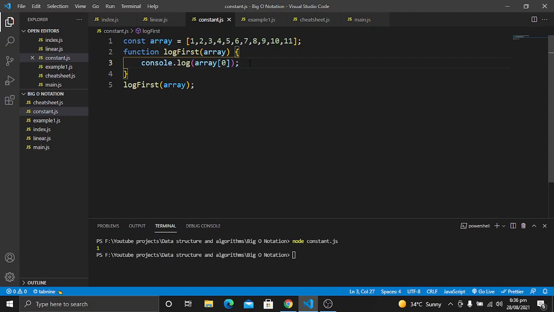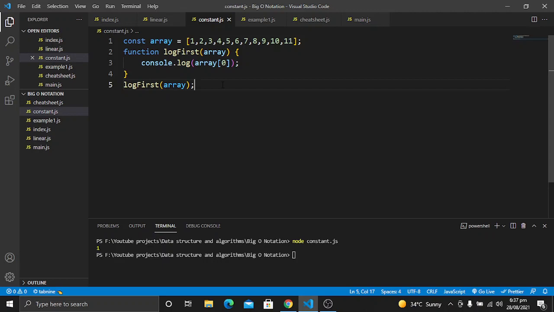If there are two items, or if there are 100,000 items, the number of operations will remain the same, because we will just get the first item by using the array. Then in this array we will pass the index of the item that we want to get. So as you will see, this is the example of constant time complexity.